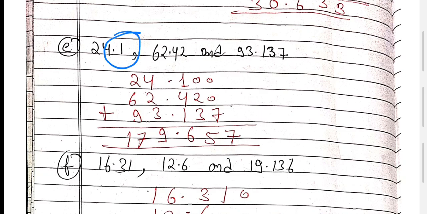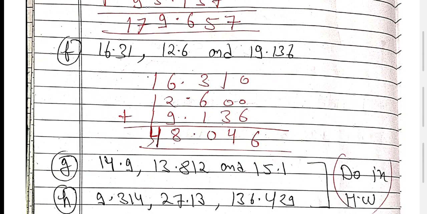Now the number comes with the help of 3 numbers. They have 1 decimal place, 2 decimal places, 3 decimal places. So all of you make them like fractions: increase 2 zeros here and 1 zero here. Now simply add, it becomes 7 3 or 2 5 4 1 5 1 6. Decimal same. Now 4 or 2 6 and 3 9, 2 or 6 8 and 9 17. So your answer is 179.657. Now come on F part.